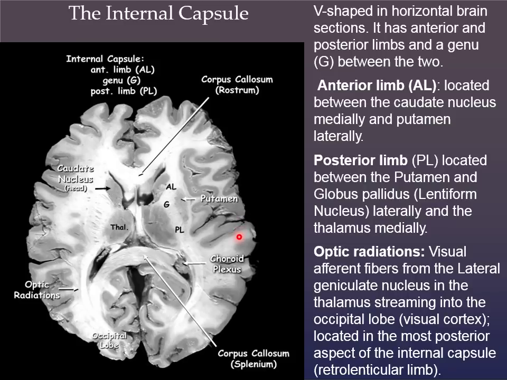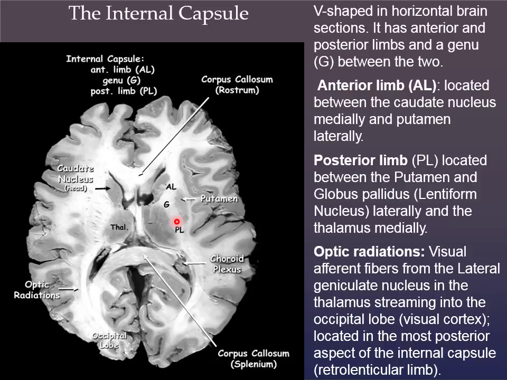Here we see the internal capsule on an axial view, and we see the anterior limb of the internal capsule, the genu or knee of the internal capsule, and the posterior limb of the internal capsule. And this posterior limb is just medial to the putamen and just lateral to the thalamus. So this very important posterior limb carries corticospinal tract information going downwards, and